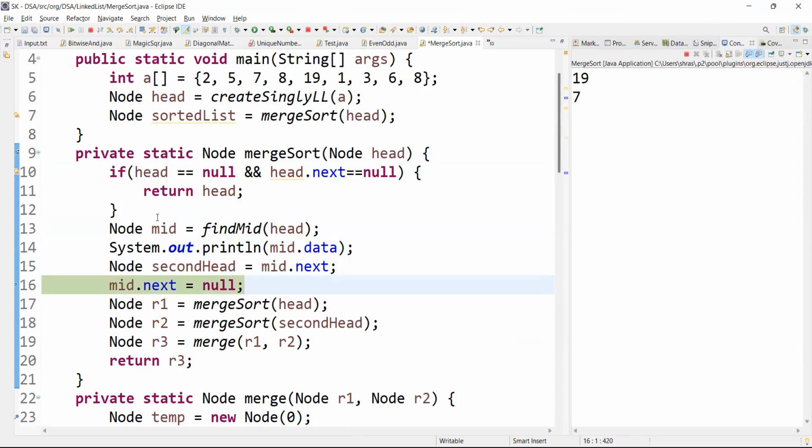Everyone, are you getting this or not? Values are getting printed in front of me. Yes. Now again,